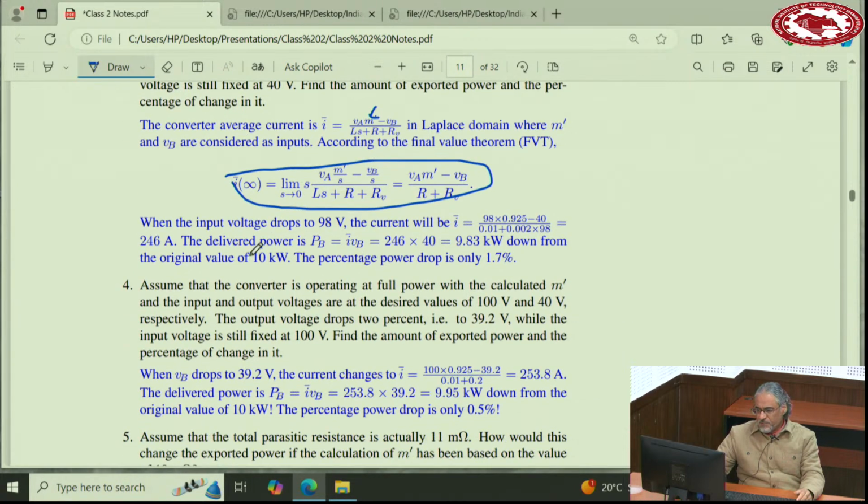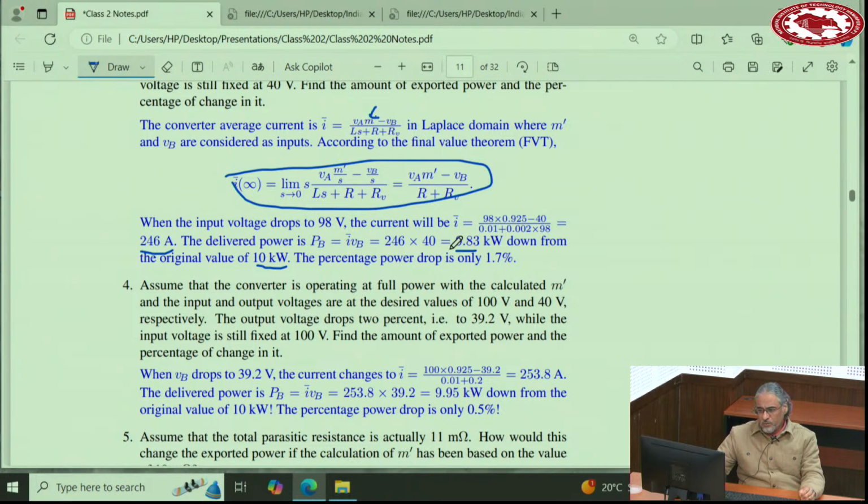In this case, the current will be 246 and the power will be 9.83. Originally we wanted 10 kilowatt, and now we are getting 9.83. This is acceptable, really. If it's not acceptable, you can try to increase it a little bit,